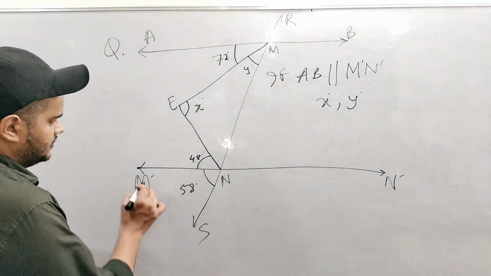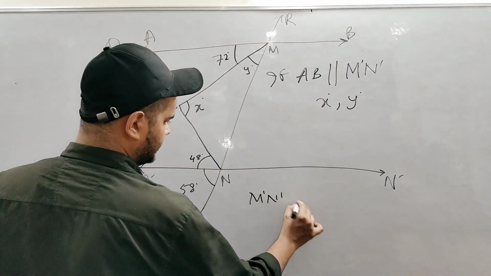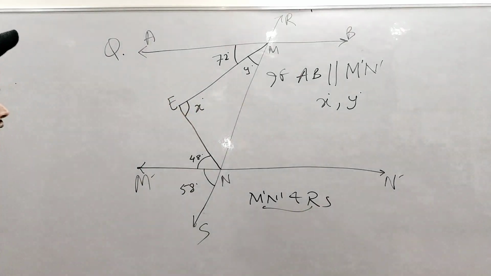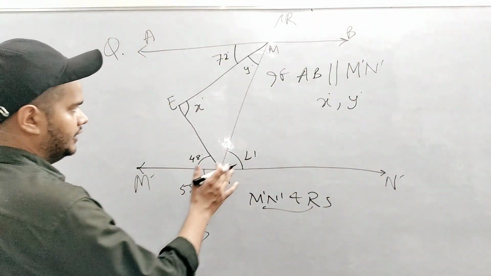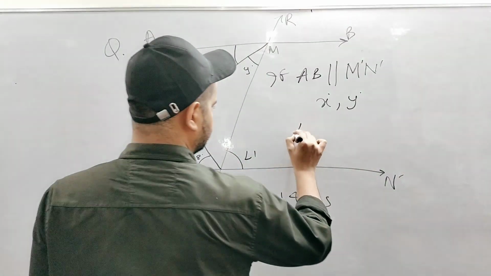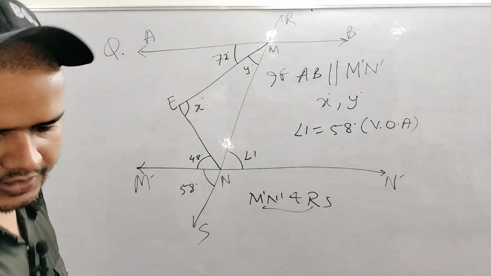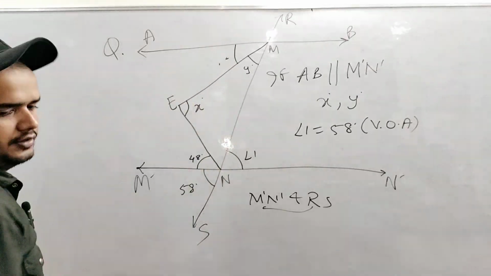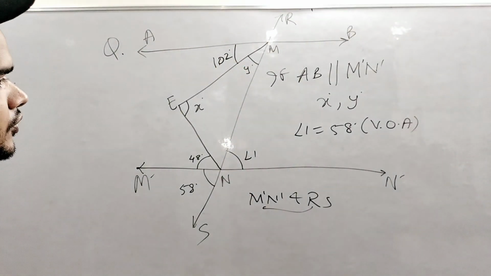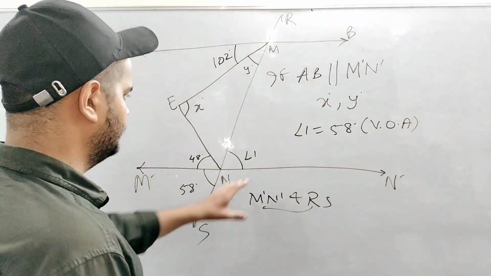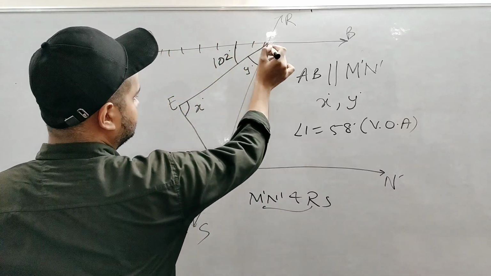तो इस ट्रिक को देखने के बाद यहाँ M dash N dash और RS, M dash N dash एंड RS इंटरसेक्ट हो रहे हैं, तो जो ये वर्टिकल पेयर है वो तो इक्वल हो जाएगा, राइट? यानी कि आई कैन से दैट एंगल 1 इज इक्वल्स टू 58 डिग्री वर्टिकली अपोजिट एंगल्स। जो हमारा इसमें एंगल 1 है वो 58 डिग्री का हो जाएगा, क्योंकि ये वर्टिकली अपोजिट बना रहा है, एंड यहां से ये Z भी बना रहा है। दिस इज द Z